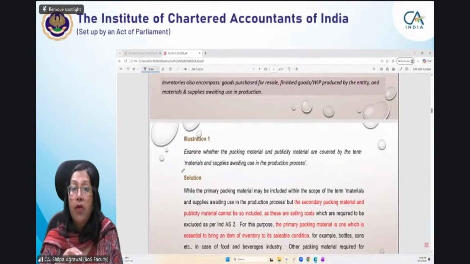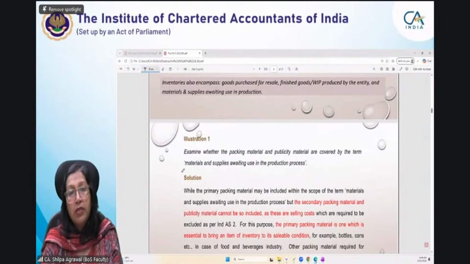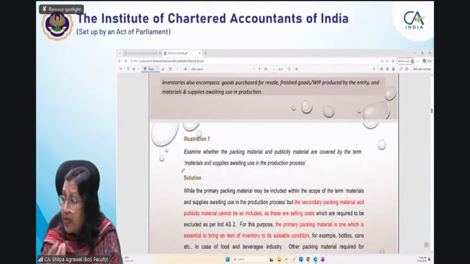Why? Because you may have the open milk, the milkman who comes and gives you milk, but that is different. I am talking about packed milk which comes to your place. Okay, very good. Biscuit packets, oil packets, gas also.